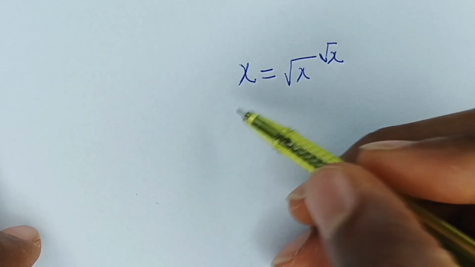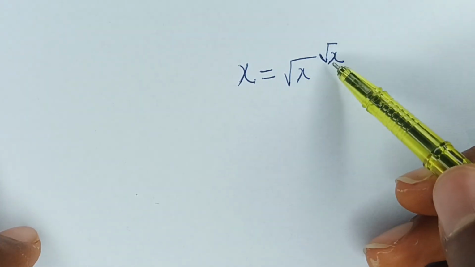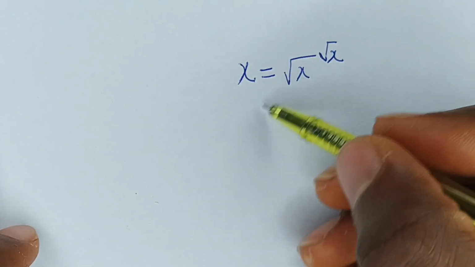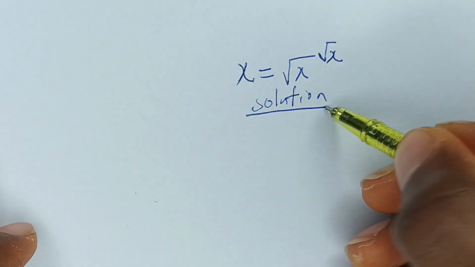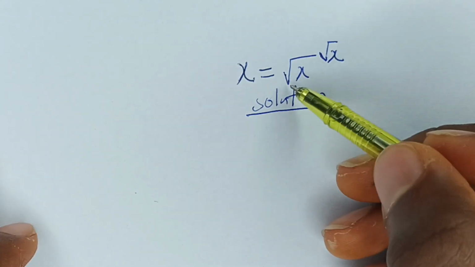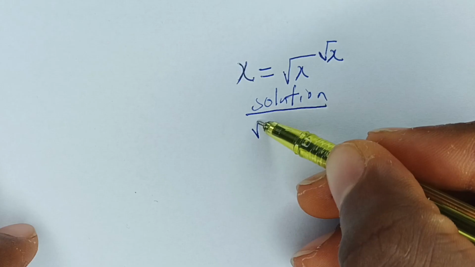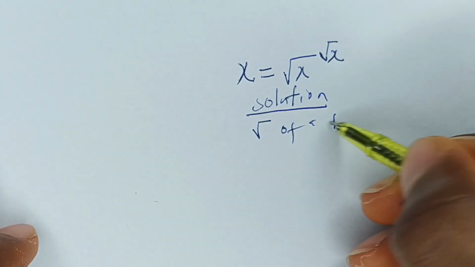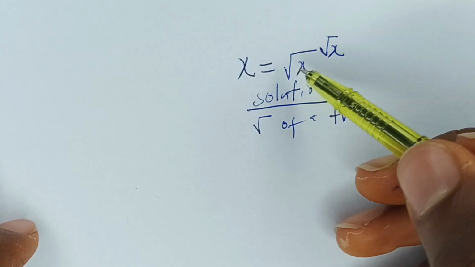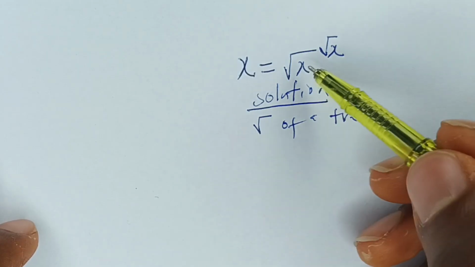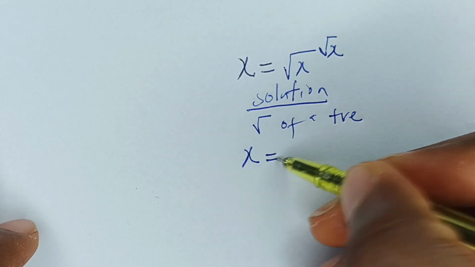Let's solve this together. It says x is equal to the square root of x raised to the power of the square root of x. Now let me establish some facts before we start. As you can see here, you have to take the square root of x. The first condition is that you can only take the square roots of a positive number. Because you can only take the square root of a positive number, it invariably means that x should be